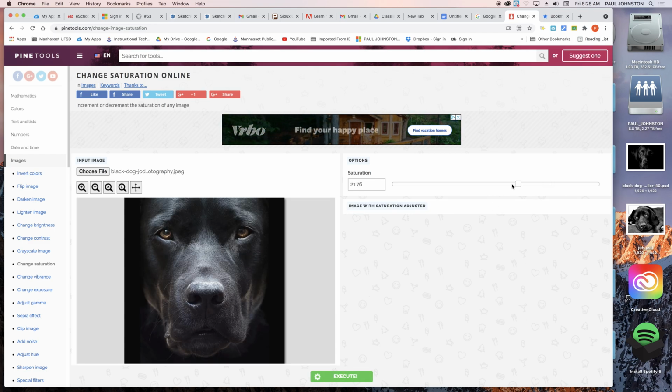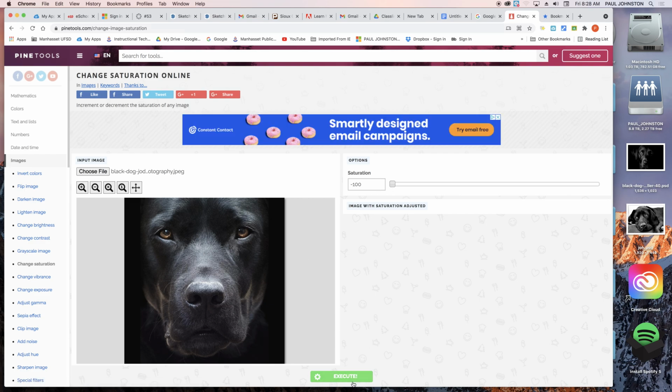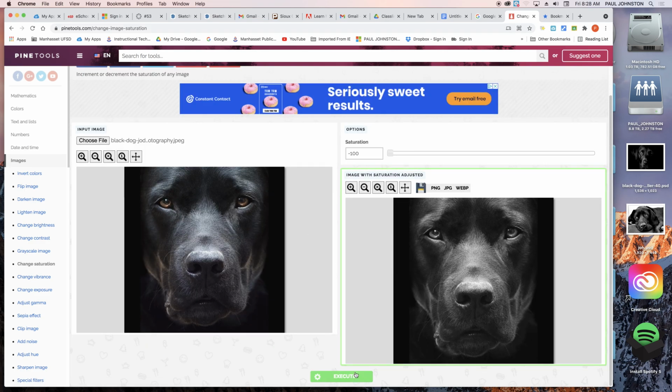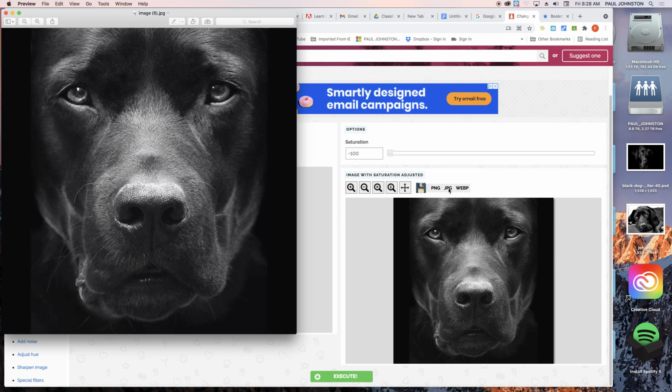and then I'm going to take the slider and pull it all the way down to the bottom and hit execute down here in the green button. That takes all the color out of it. We'll click here and save as a JPEG. And on my screen it came up in preview on the Mac, but